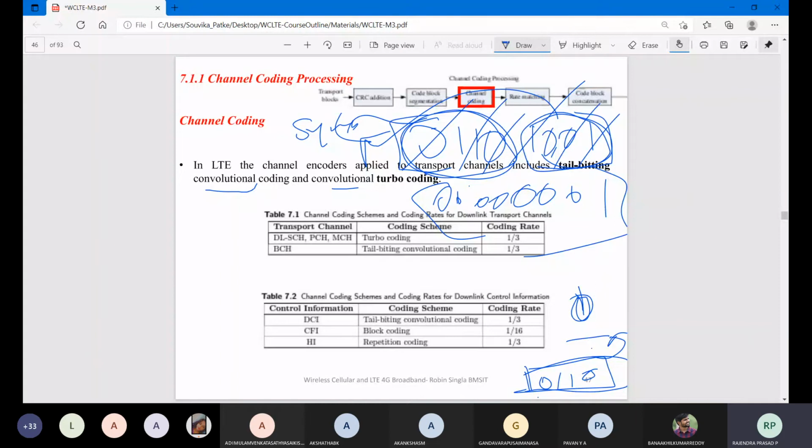So these are the two methods which you can find in this channel coding part. It is only with respect to the rate it is going to do and what are the different types. So you can see CFI coded, H index, DSI. Type 1 and type 2 both are given, so you can see for type 1 what is the rate and for type 2 what is the rate.